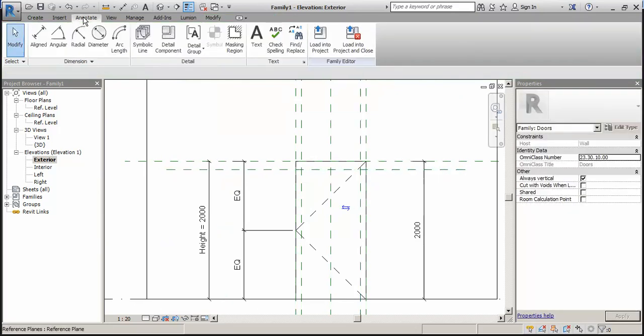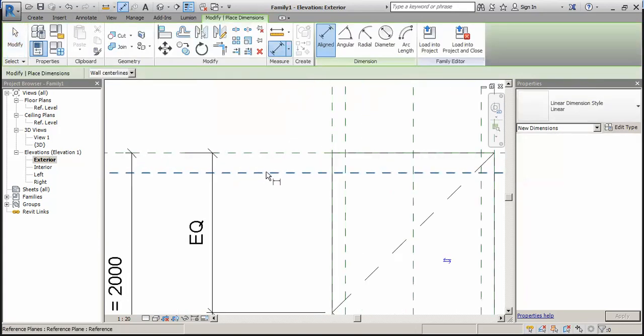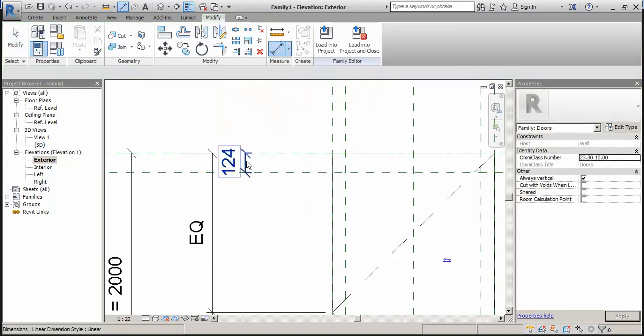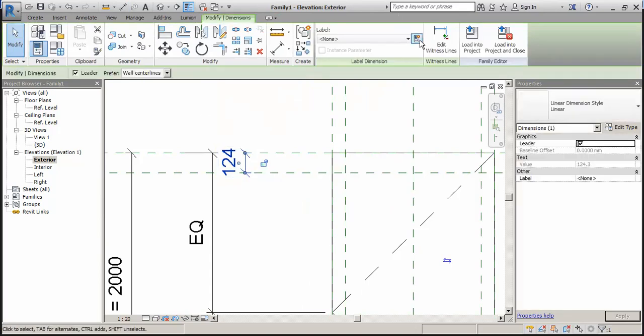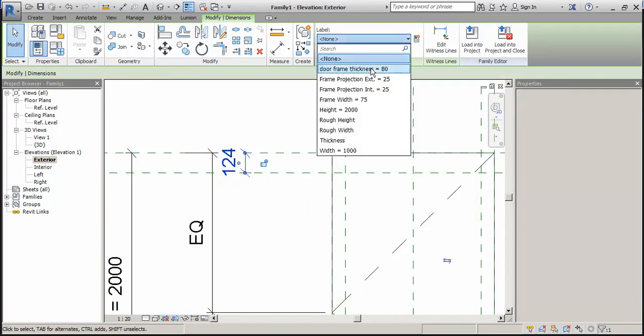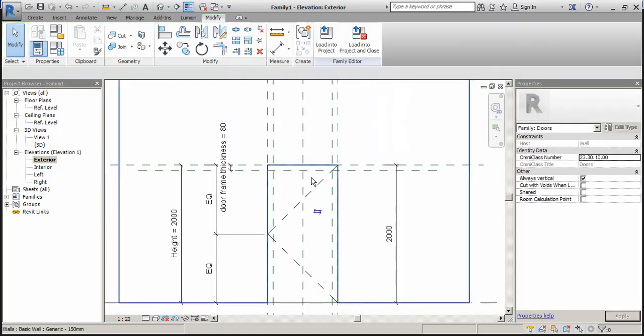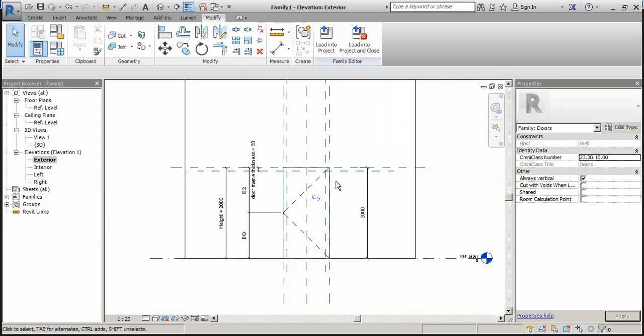Again we will take annotate and take aligned and dimension it. Okay, select this dimension and go in parameter, and we had already selected door frame thickness. So this is also door frame thickness. So we created 3 parameters.